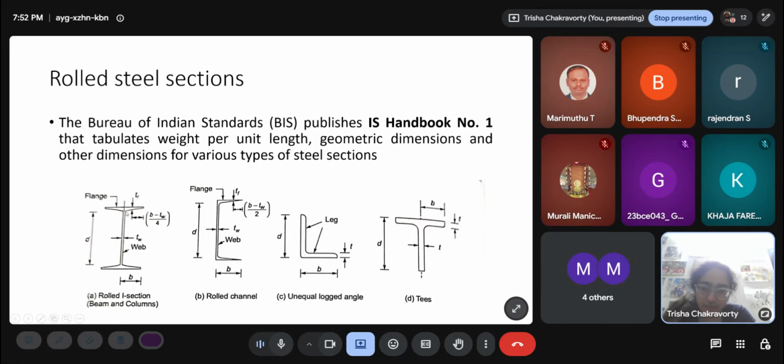And then there is also a grade like this. It's not exactly rectangle, rectangle, rectangle. It has a slope like this. So you will have some geometric properties which distinguish a particular section. This is Handbook 1, or SP6, that has all these details. All of the sections have a name, and all the geometric properties are given in a table. And then some other properties like moment of inertia, Ixx, Iyy, and weight, and a lot of other properties like the center of gravity.